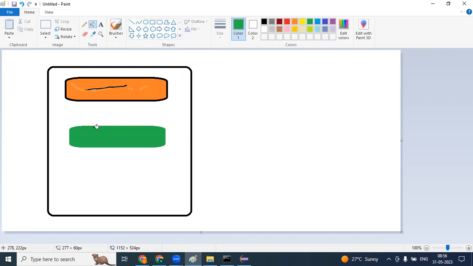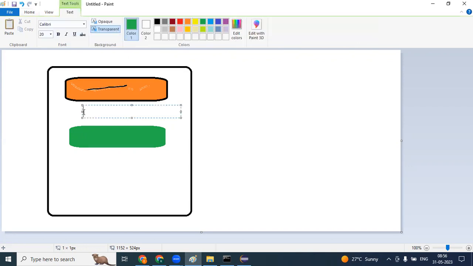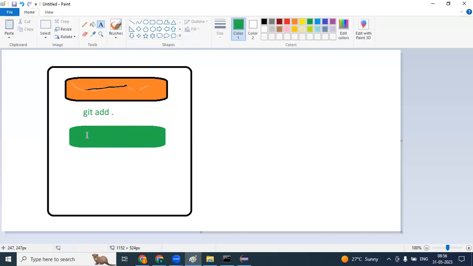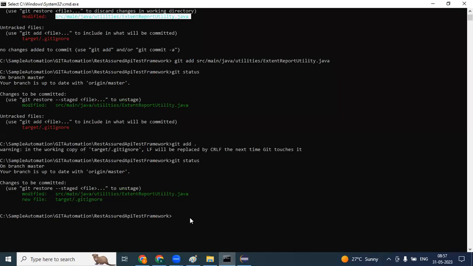Okay, when it will become green, git add dot, all files. When you perform this command, it will go to the staging area. Staging in the sense, once it is staged, the changes are available to push at any time. You can push the changes to the server, right? Now it is in the staging area, but here you need to perform one save command,